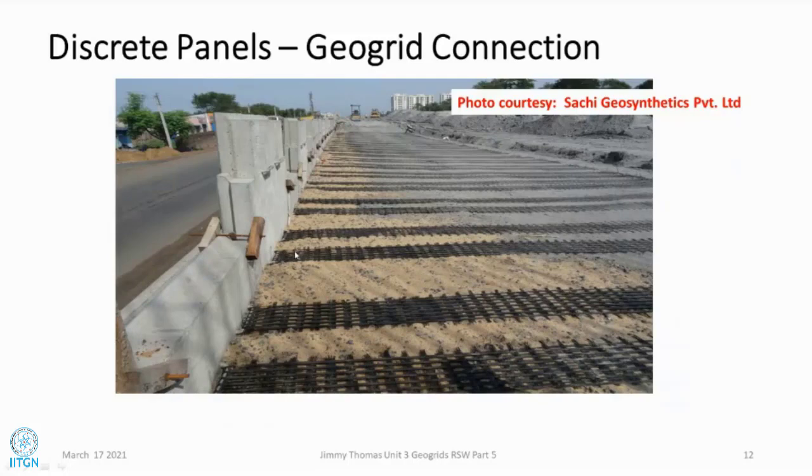And as you may also be aware, a lot of failures are happening because of poor connections. Because nowadays, what is happening? The competition is very, very intense. So different agencies are trying to reduce the cost. Sometimes, unfortunately, some people cut corners, and either the diameter is less, or probably the galvanization may not be proper. So many failures have occurred due to this.